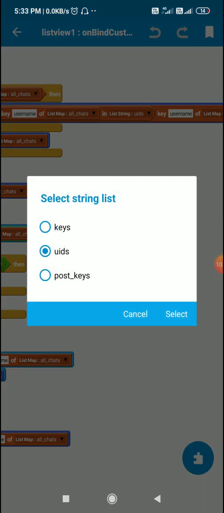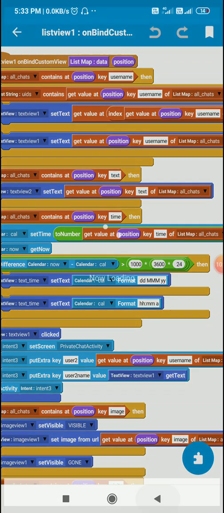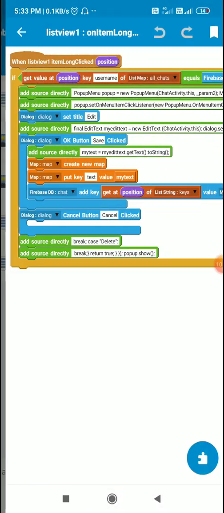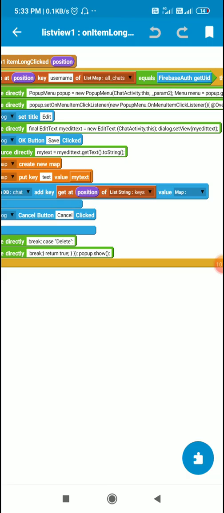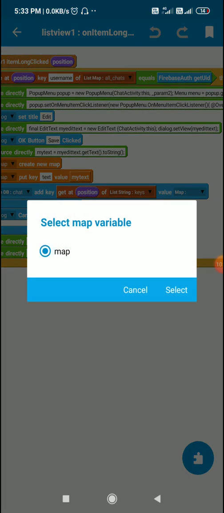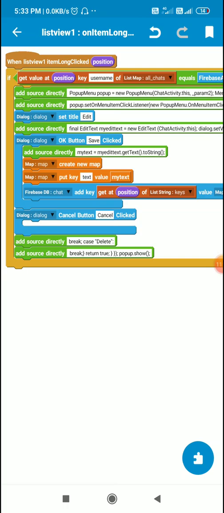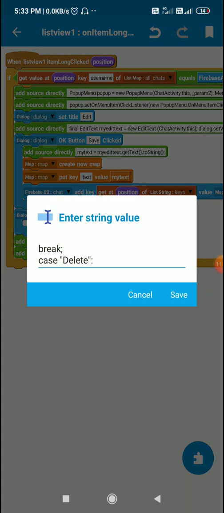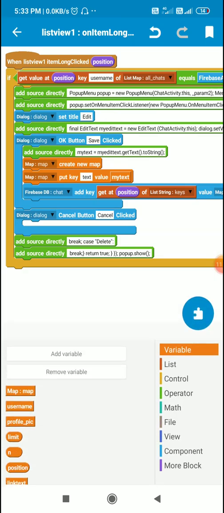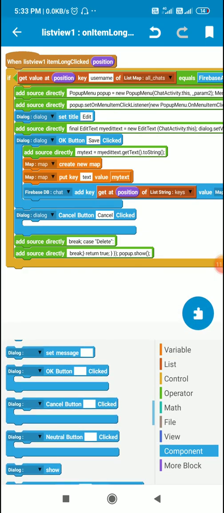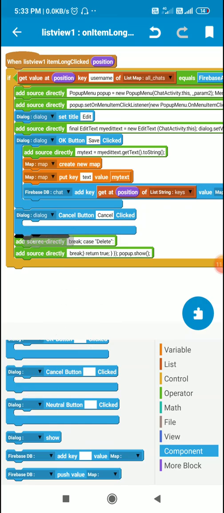So on item long click, this will be the post ID, and to this post ID we send the value of this map variable, and if cancel is clicked it will automatically cancel. Now the next thing is when the delete button is clicked. We also have to use this block dialog show so that the dialog is visible. So here I will use dialog show.